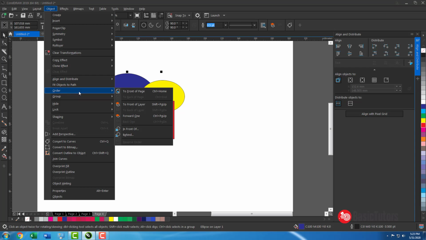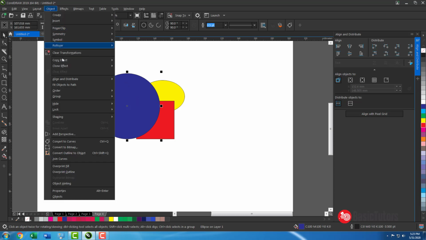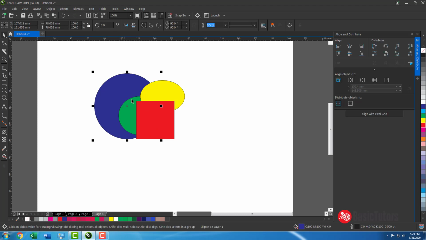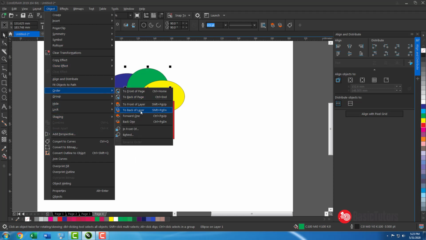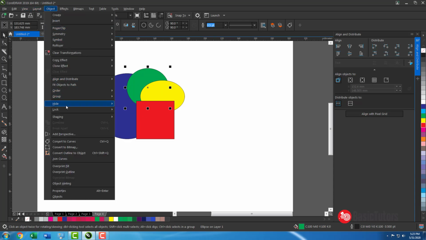Suppose if you want to bring your object to the front, you need to give front. If you want to send your object to the back, you can use this. Forward one, backward one. All those are for ordering objects.